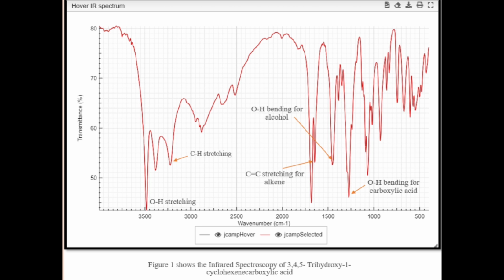Based on the infrared spectroscopy, the peaks of functional groups are OH stretching at the first peak, CH stretching, C double bond C stretching of alkene, CH bending of alcohol, and OH bending of carboxylic acid at the last, in figure 1. Those are the functional groups found in the 3,4,5 trihydroxy 1 cyclohexene carboxylic acid, which is in the